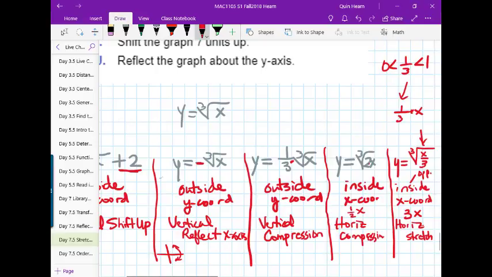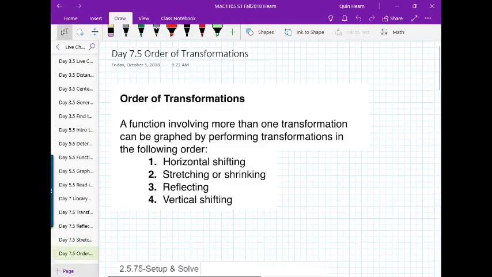Okay. All right, so a 1/3 on the outside causes a vertical compression. A 1/3 on the inside causes a horizontal stretch. It does the opposite of what you would think. All right. So now we're going to look at the order of transformations, meaning when you have multiple transformations inside